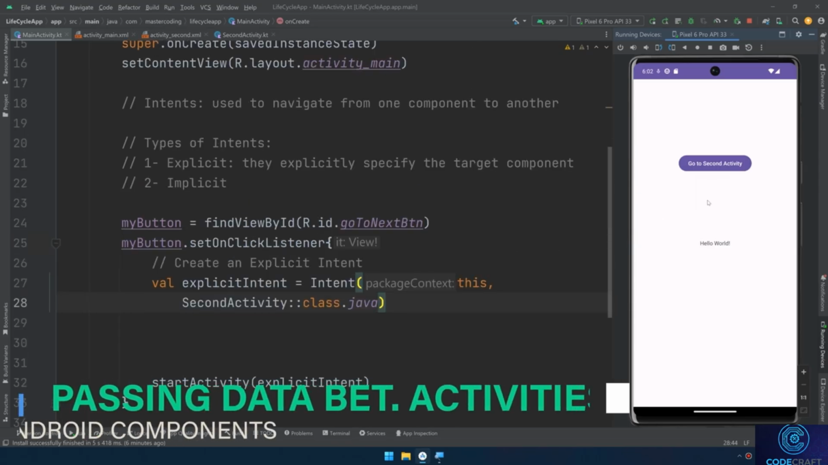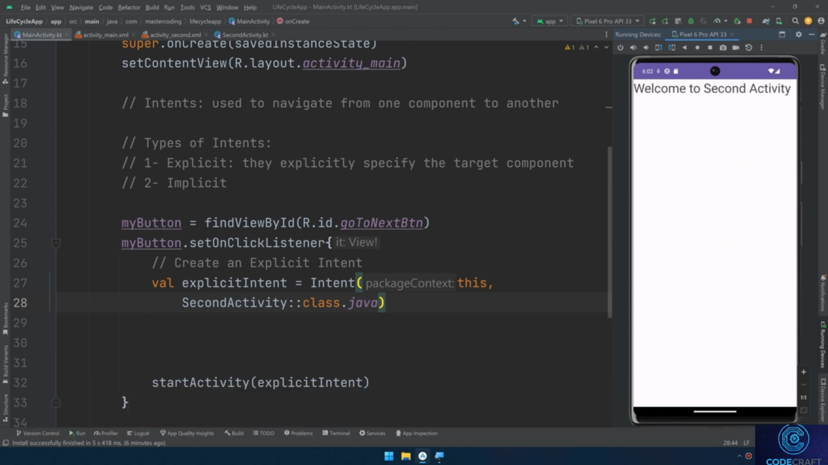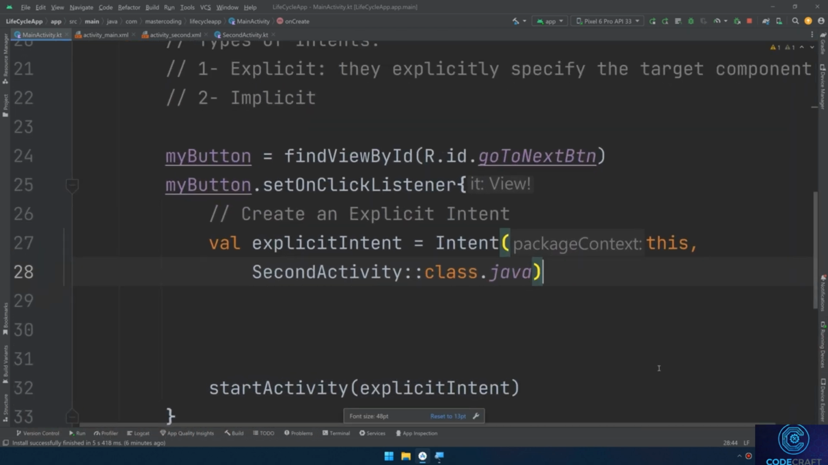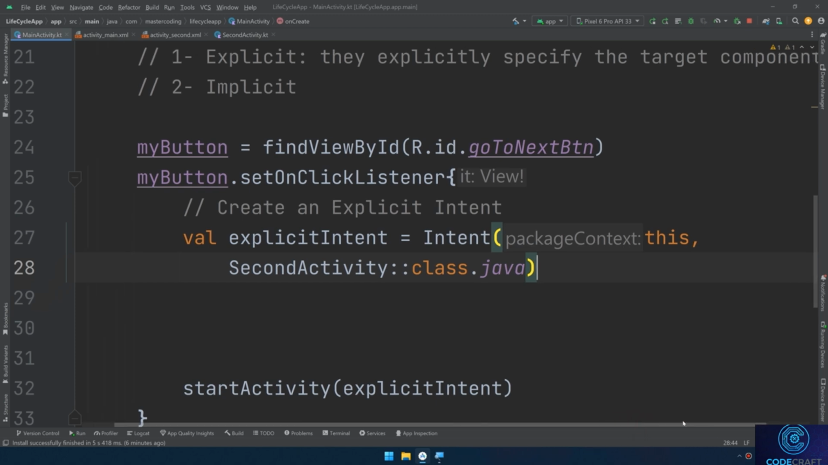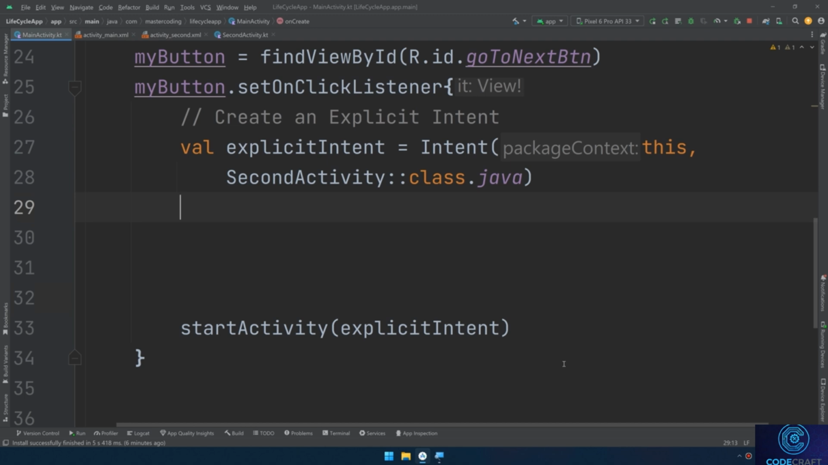Welcome back. We learned how to transition from the first activity to the second activity using explicit intents. In this video, we're going to pass data between different activities. In Android, we can use the method called putExtra, which is a part of the Intent class, to attach additional information,